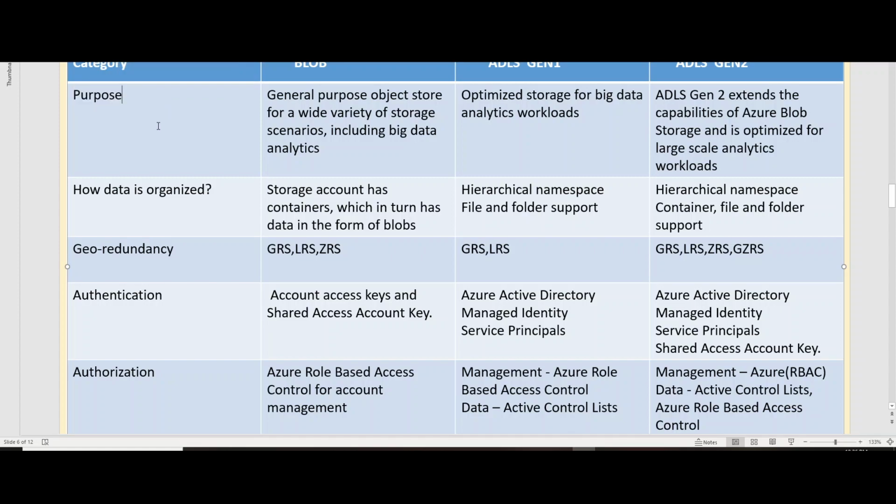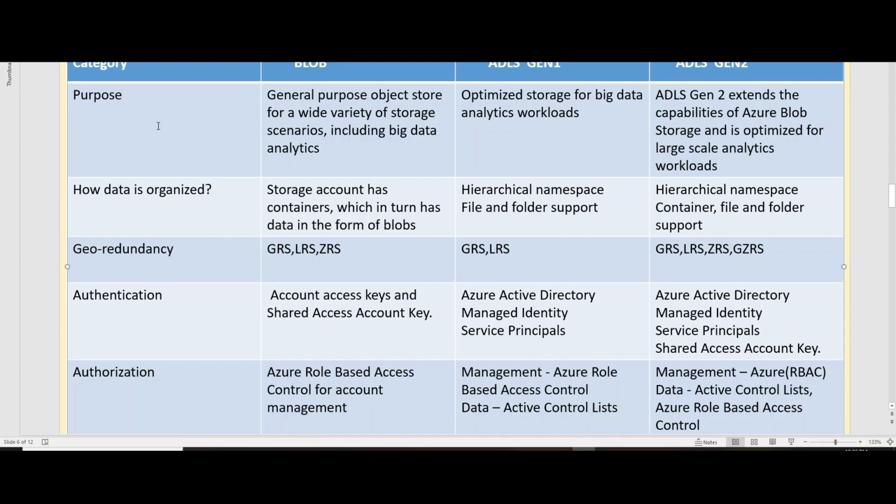Blob storage is basically to store any kind of file data, images, videos, and this is a storage account where you can process, archive, and log. That is called a blob, and blob is further divided into subtypes: page blob, append blob, and block blob. Based on your requirements, you can select this.